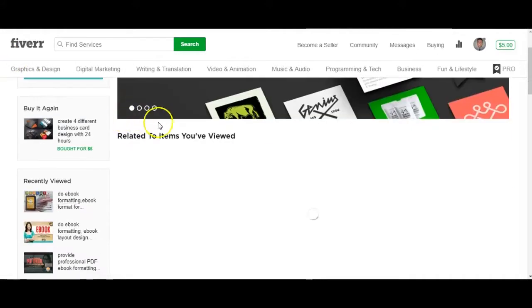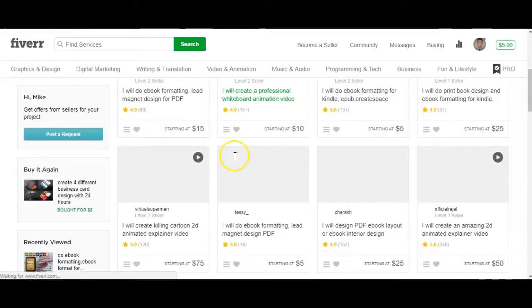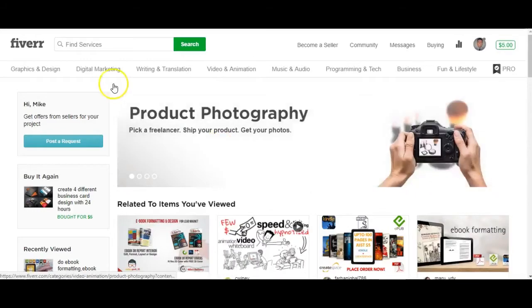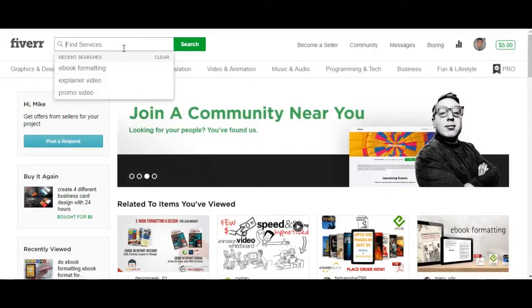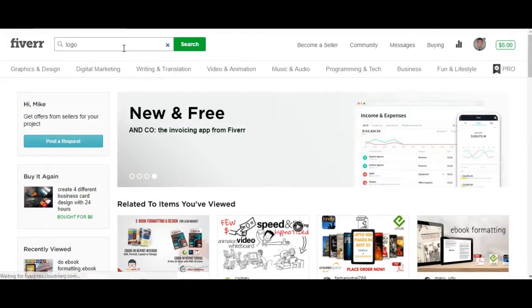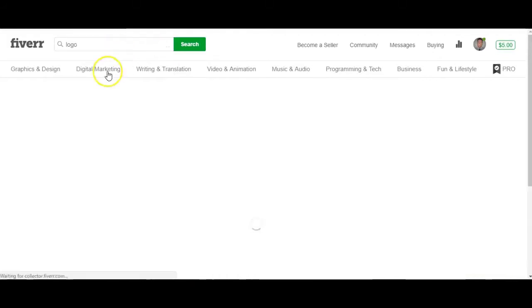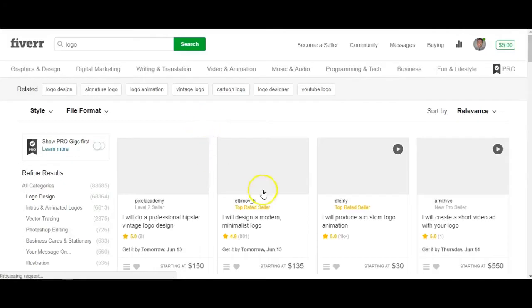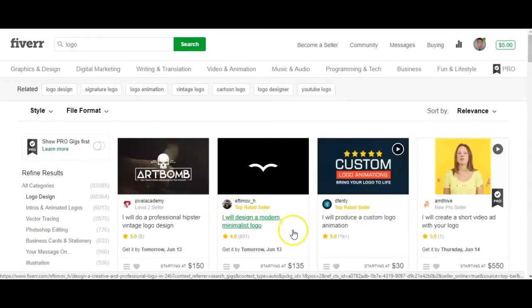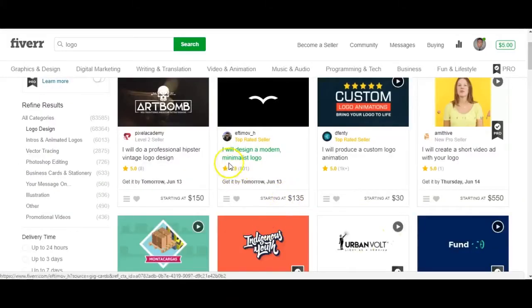And because I find it still a little difficult for myself to create logos, the one place I'm going to highly recommend is a service called Fiverr. And with Fiverr, you can do a variety of different tasks or marketing or anything across the spectrum. But I know a lot of people get their logos from this site. So if you go ahead, you can search around the site, but if you type in logo right here, a lot of different companies and people are going to show up in regards to making logos. And you'll easily be able to see a lot of reviews as well.